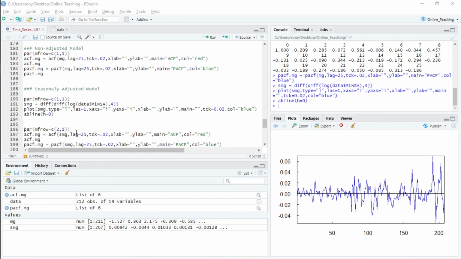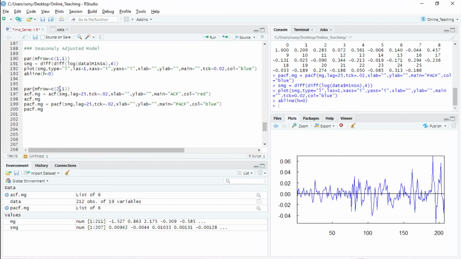So the graphical pattern is okay, but what if I want to see the ACF and PACF functions and know whether it is following an AR model, MA model or ARMA model?